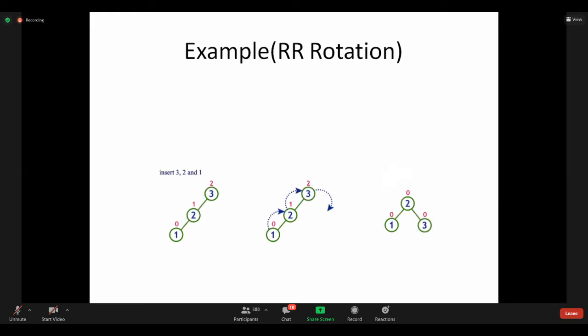Moving to right rotation means when I inserted 1 here, then after calculating the balance factor, again I don't want to repeat how to calculate it, how it became 1. If you have any doubt, please post a message in the chat box, then I'll explain, because these things were already discussed, but once again I want to give a summary. So I calculate the balance factor. For node 3, my balance factor is 2, then I should go for a rotation. Then I select which type of rotation I can use here to make it balanced. So here it is left skewed, then I should go for right rotation.